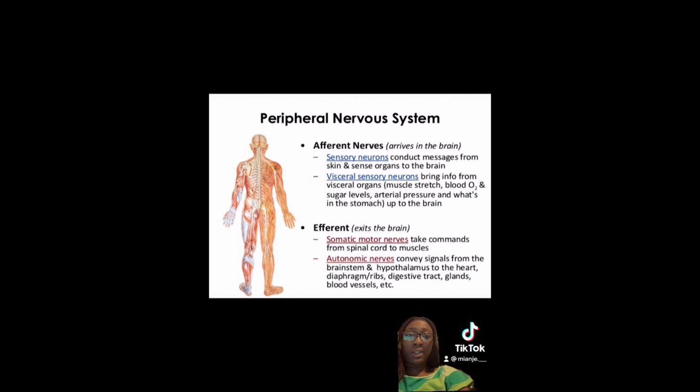The primary role of the PNS is to connect the CNS to the skin, limbs, and all the organs. The PNS allows the spinal cord and the brain to send and receive messages from the whole body. Axons or bundles of axons, which can be large where you can see them by the human eye or small where you have to use a microscope, are called nerves, and this is what the PNS uses to communicate with the